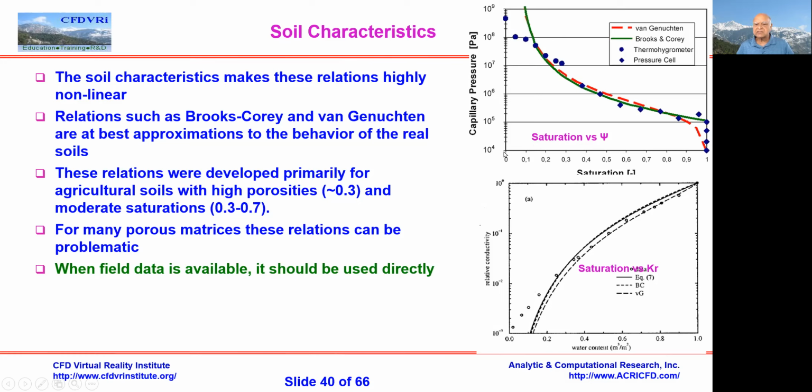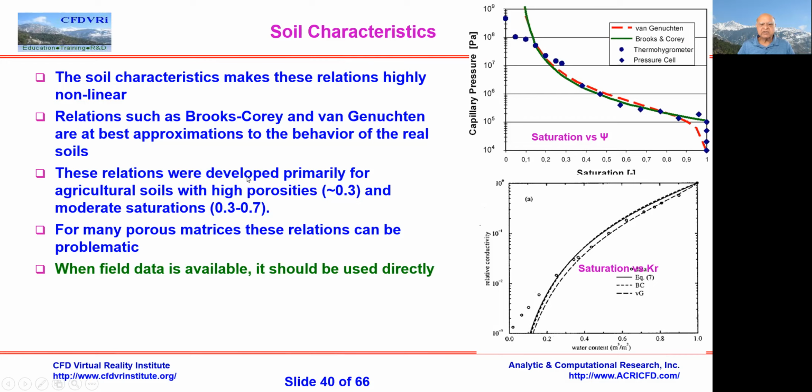This is 10 to the 9, this is 10 to the 4, and this only goes from 0 to 1. So it's a very steep curve, and there are different ways to define it. I've shown here the Brooks and Corey or the Van Genuchten curves, but there are many other ways in which this is defined. Also, at the same time, the hydraulic conductivity becomes a function of saturation, the effective hydraulic conductivity, because we're talking about water, okay? So as you keep increasing the amount of air, water is not going to move, it's full of air, right? So it's going to go down to 0, or some very small number, okay?